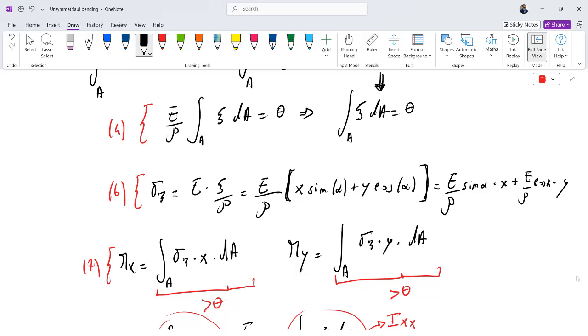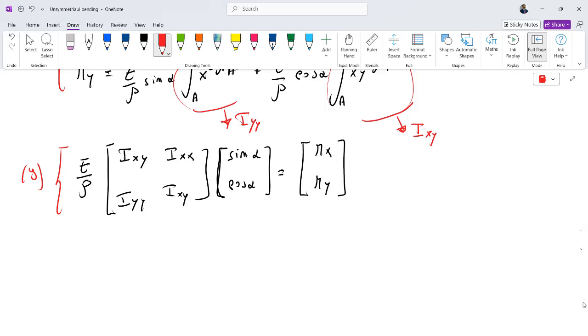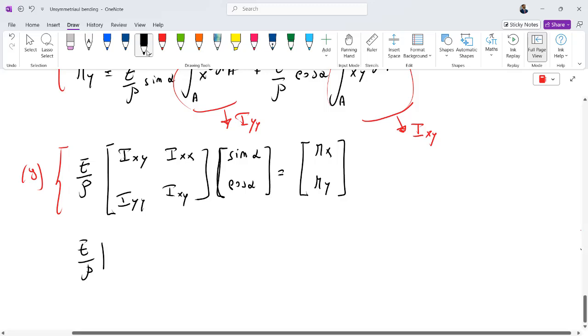I don't know. I must calculate them from this matrix notation. This is the ninth formula. I can obtain E over rho multiplied by the column vector sine alpha, cosine alpha,